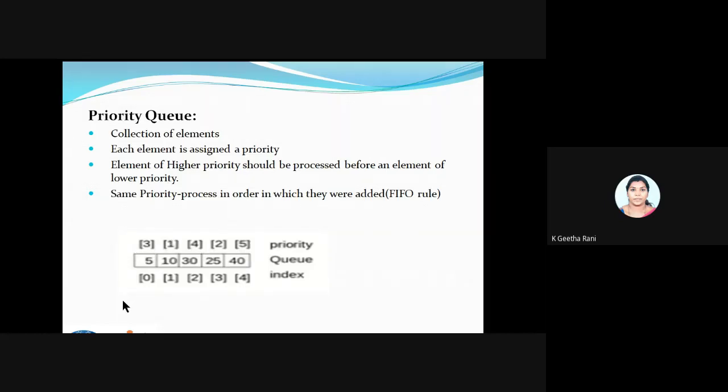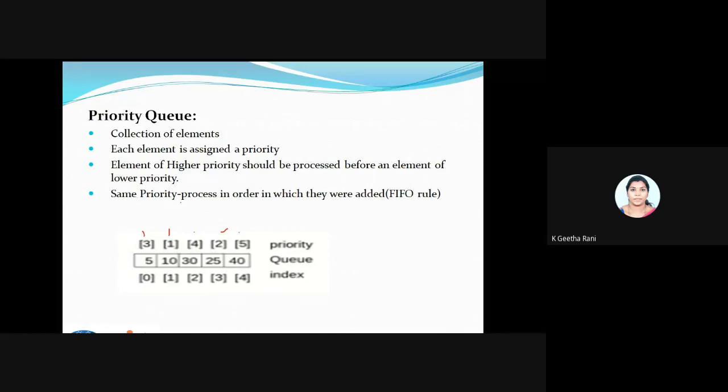You can see the priority here. This one, 1, I'll call a higher priority. It's the smallest key value, but it stands for the higher priority. Then comes 2, then 3, then 4, then 5. Based upon this priority, I will access the elements inside the queue. In a priority queue, I will do the operations only based upon the priority numbers or key values.